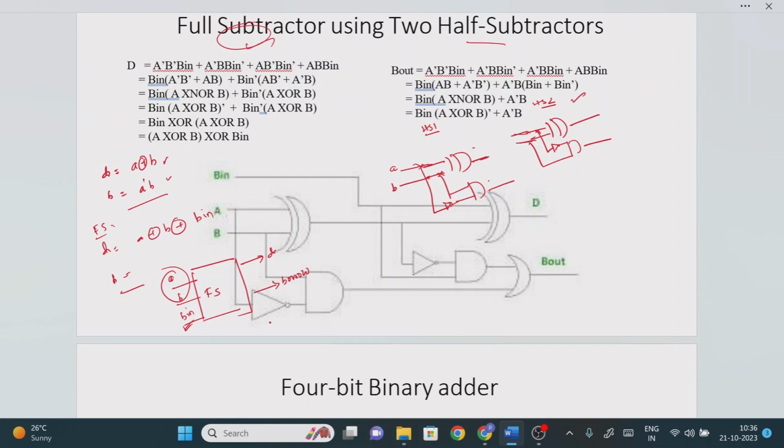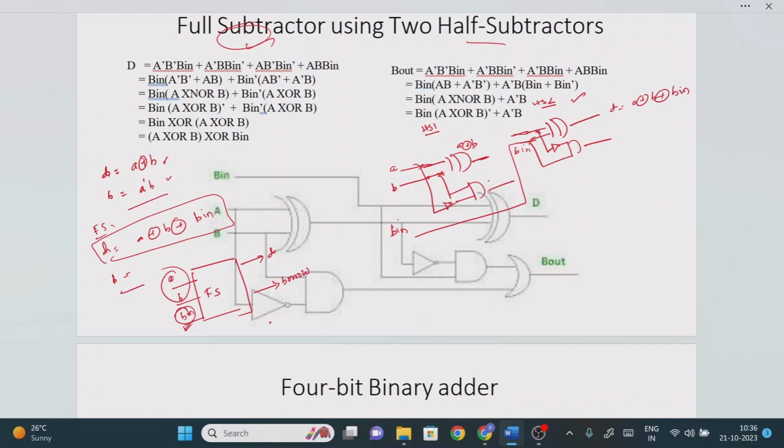If you are asking why we need to take one of these terminals as the input, it is because in the full subtractor design I require 3 inputs, and as of now I have only 2 input values. So I am going to consider this one or this one, that is your wish. I am going to consider this as the B in, right? Now what is the output expression up to this point? a XOR b. What is this value? B in. So what is the expression we need to get for the difference? a XOR b XOR b in, right? So we should get d equal to a XOR b XOR b in.